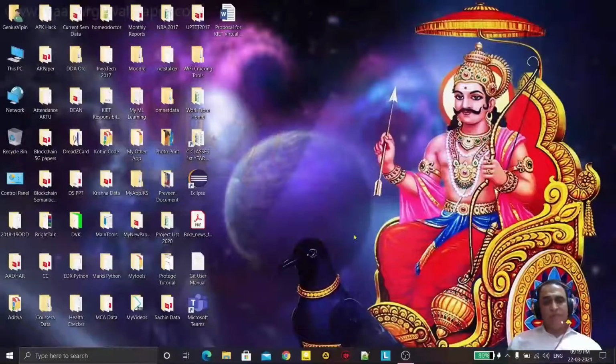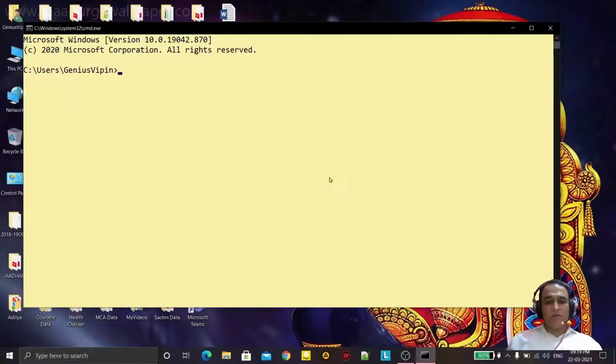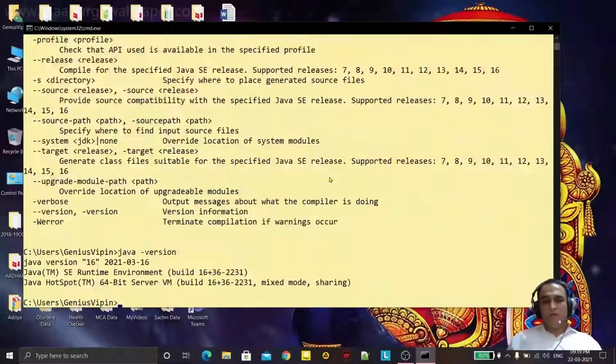Watch which command. If I open cmd here, for example, for running a Java program, this is my command prompt. If I type here javac, you see Java is running and the Java version is 16. This command is running from the bin directory which we have given in the path. So Windows searches for this file in the path which we have provided. Now by setting the path, we are ready to compile any Java program.